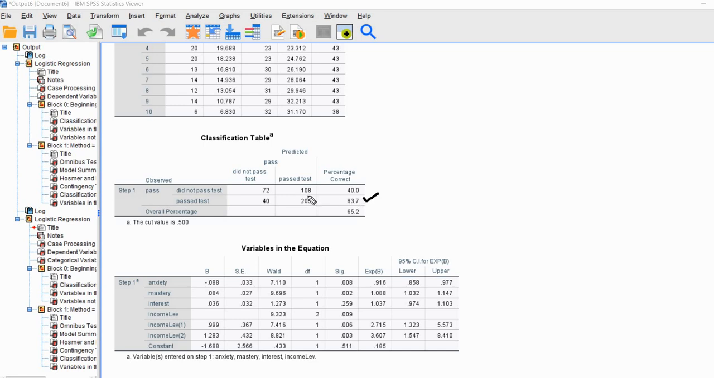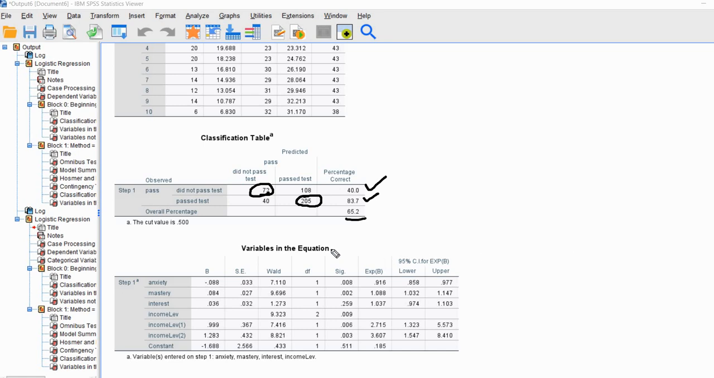Again, that's just computed by taking the frequency of cases in this cell right here and dividing it by the total frequency for the observed outcome of passing the test. And the specificity, which is 40% right here, is just computed by taking the frequency in this cell and dividing it by the sum of the frequencies in the did not pass observed outcome row. So we still have, again, fairly decent sensitivity for the model, but poor specificity, and the overall classification accuracy is